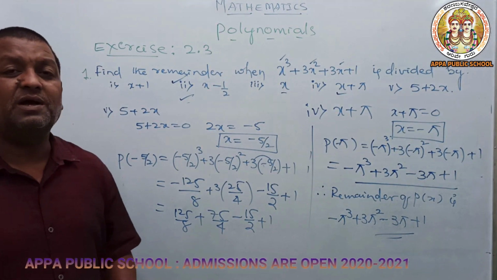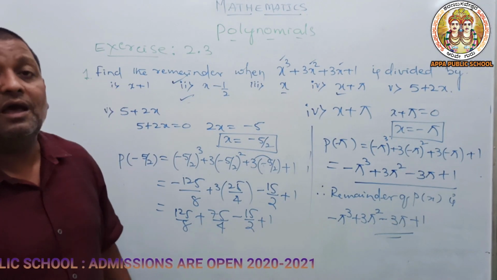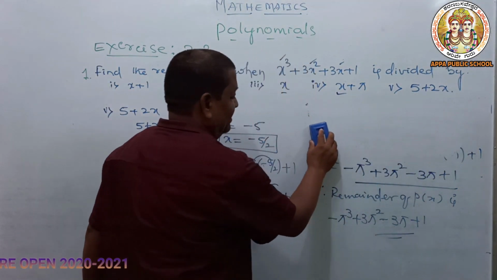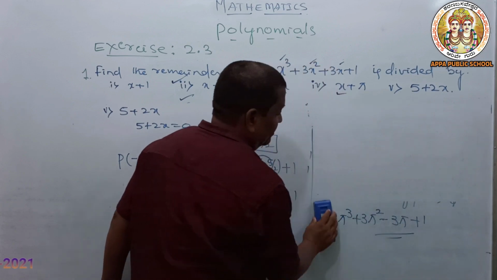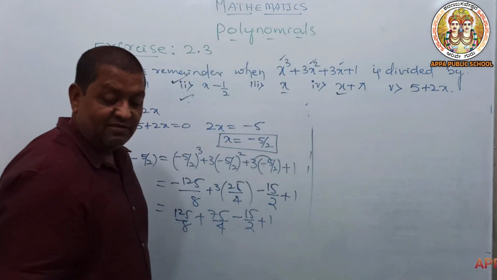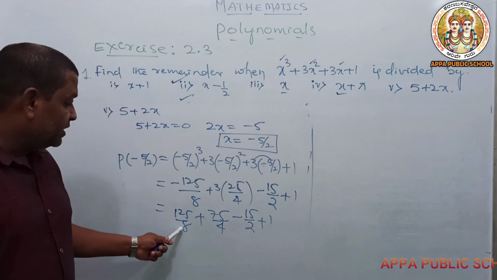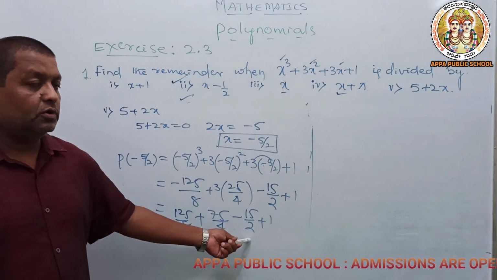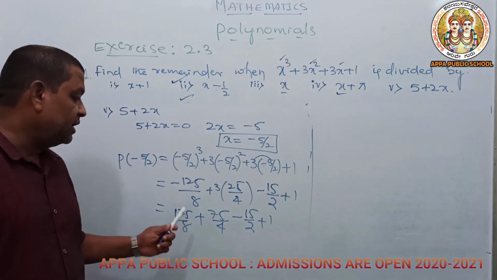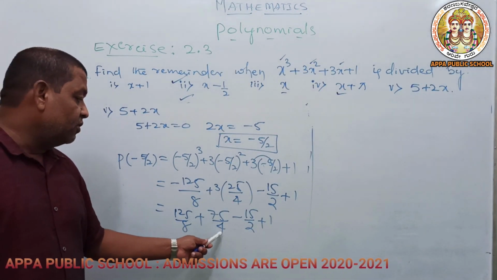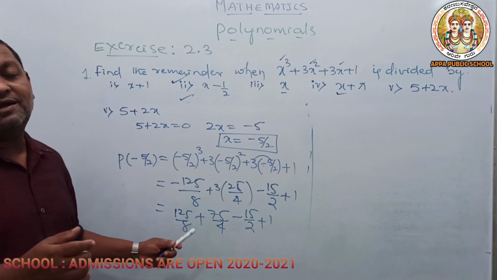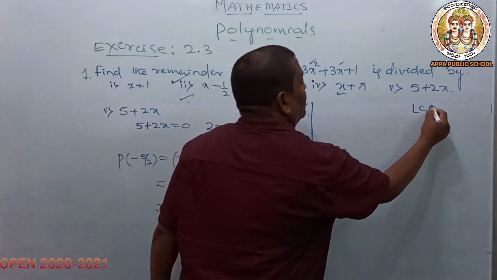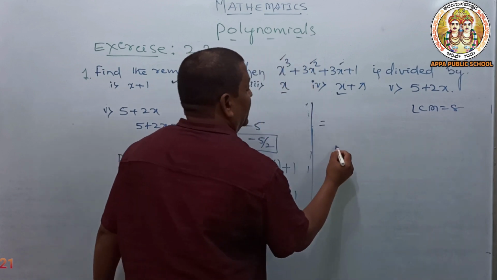So fraction plus minus. So here we need the help of LCM. So already I told how to find LCM. So once again we are using that method to find the LCM. You observe carefully, 8, 4, 2. 2 fours are 8. 2 and 4 are factors of 8. So you can take the LCM directly, 8. So LCM is 8.